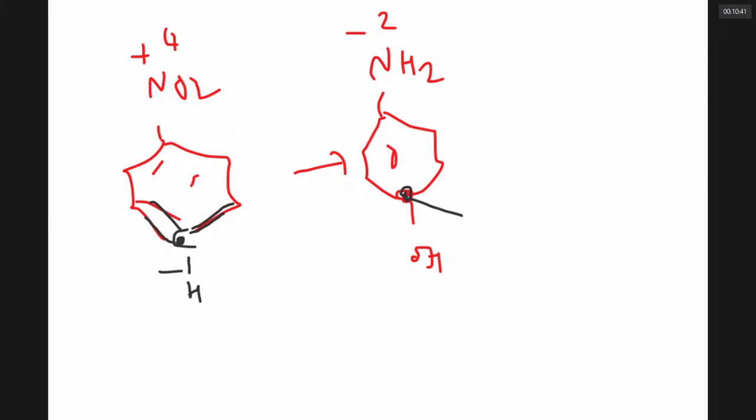Here carbon is bound to carbon, carbon is bound to carbon, carbon is bound to OH. When carbon is bound to carbon, it will not get a plus or minus charge. When carbon is bound to oxygen, it will get a plus charge. And here this oxygen is actually -1, so carbon will be +1. Can you see it clearly?